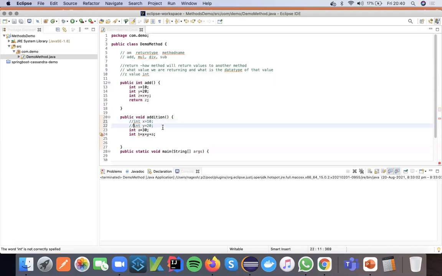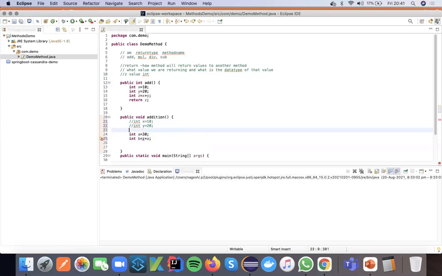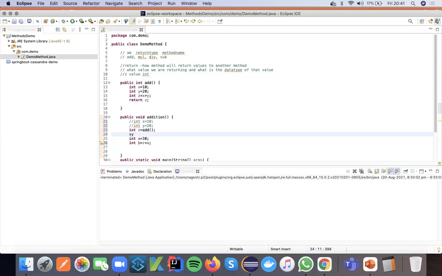And what I'm doing here, for a Z value, here I'm writing Z plus A. So what I'm doing here, int Z equals to add. Whatever value is returned by add, that will be considered and that will print. So suppose if you wanted to see whether you're getting that value or not, I'm printing it also here, and we will run and we will see what is happening.